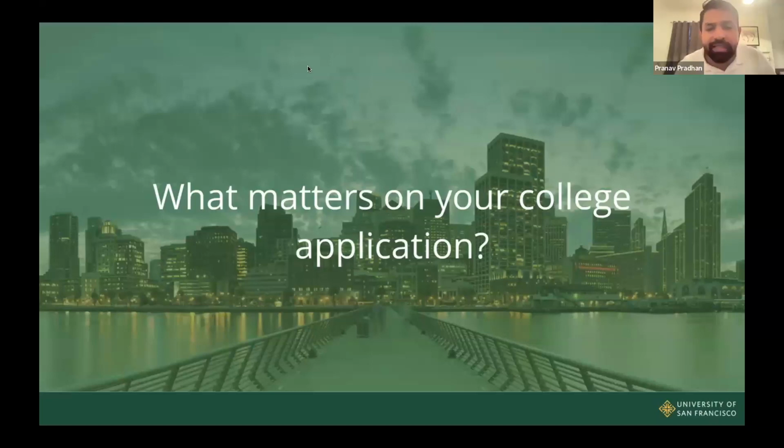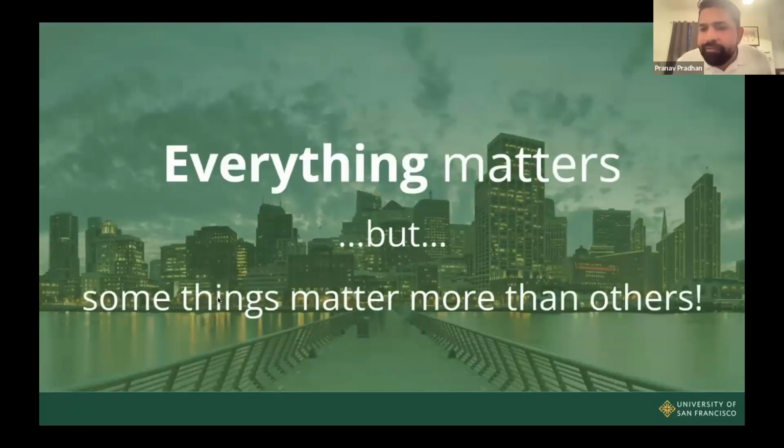That's fantastic. Thank you. So, of course, the answer is everything matters. That's the reason why the colleges are asking. But there are some things that matter a little more than others, right? You must have heard the word holistic, right? Holistic means that US universities are looking at a lot of information. We are going to look at your grades first, no denying that. One of the most important things about your application is going to be your grades. So we look at your grades, and after that we start looking at all of these other things.